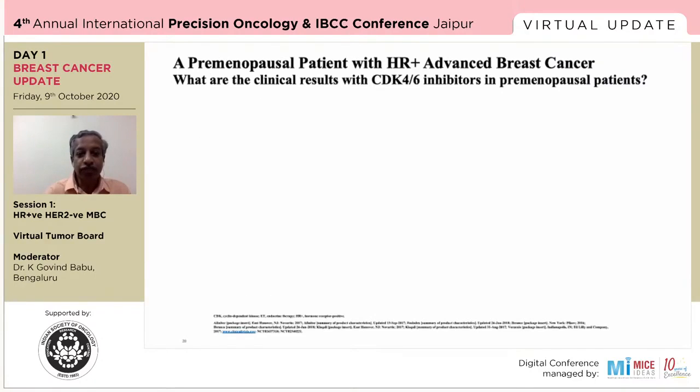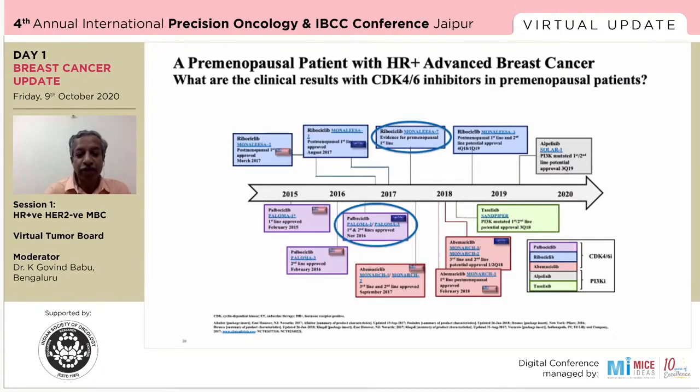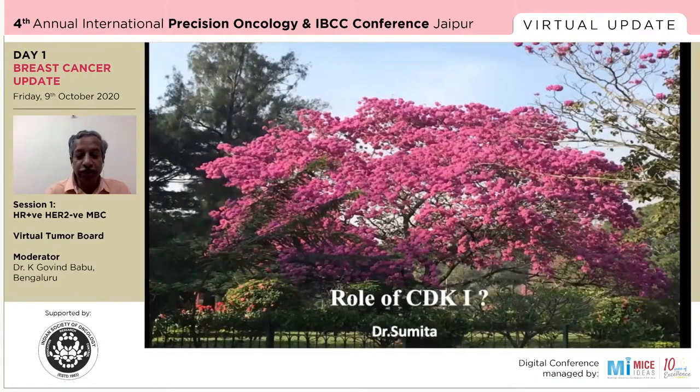So this is how the development of CDK4/6 inhibitors has happened. In about 15 years, we've seen such rapid advances that have happened because of several reasons. One is the drug development and the understanding of the molecular biology of breast cancer. So we have progressed very rapidly with the uptake of these newer molecules, starting with CDK4/6 and now the PI3K inhibitors as well. So the role of CDK